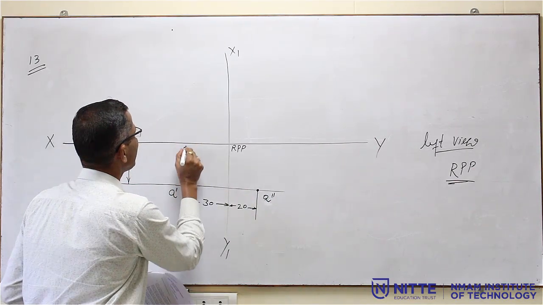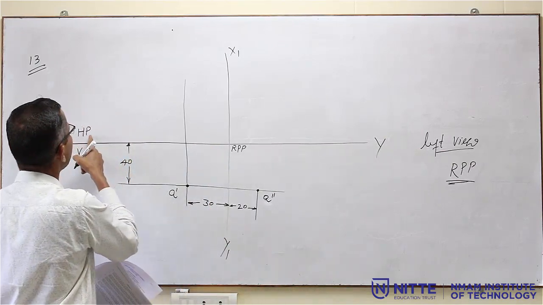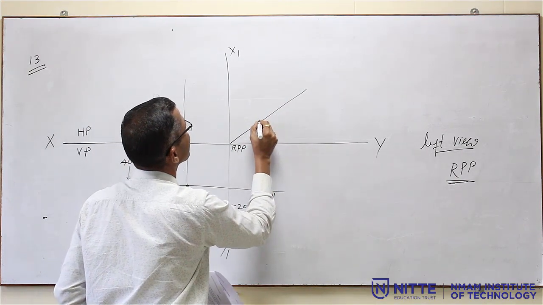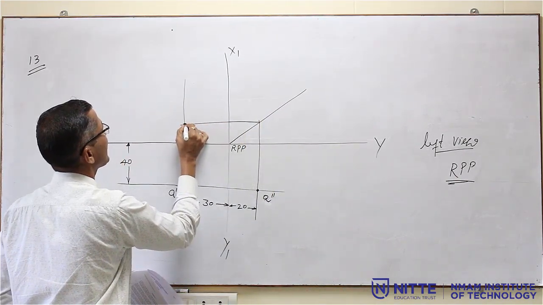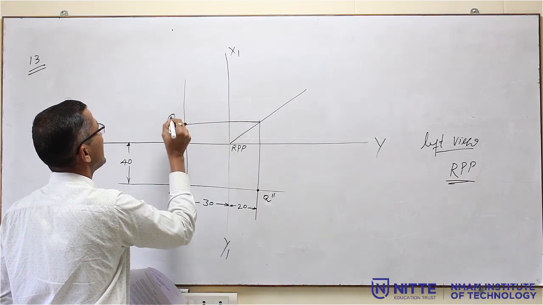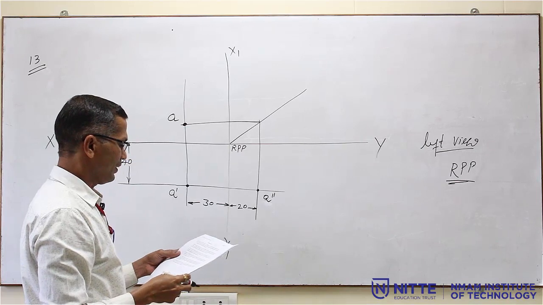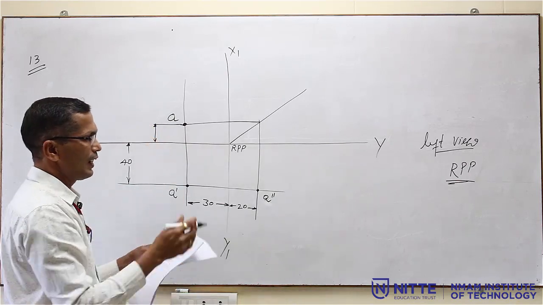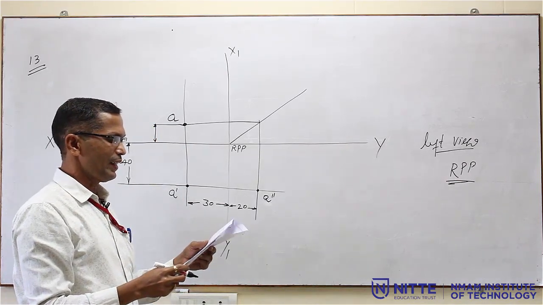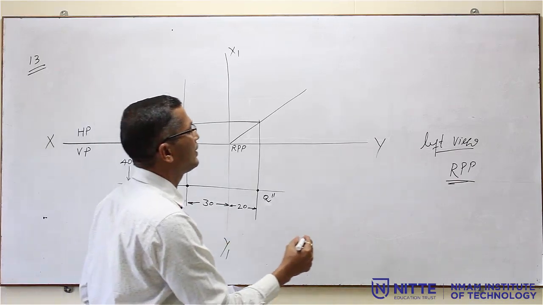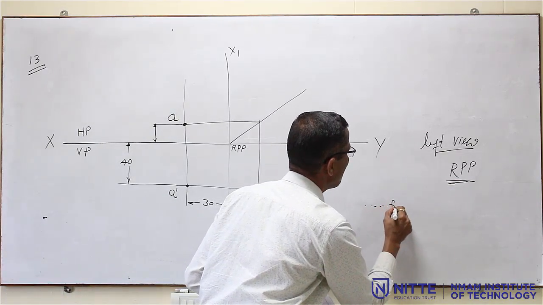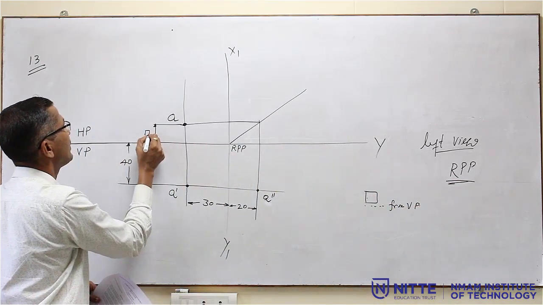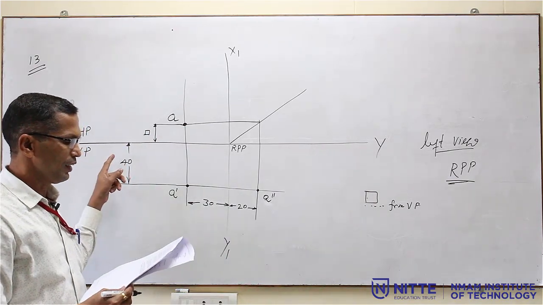So, we have to draw the top view. For that you have to project it up and draw a 45 degree line adjacent to HP here and project this profile view, that is A double dash, to this and move like this. The intersection of this is point A and you measure this distance, and answer the question. How far the point is from VP? The point is so many millimeters from VP. You have to give this answer. You have to measure it. How much? So, that is the solution for the 13th problem.